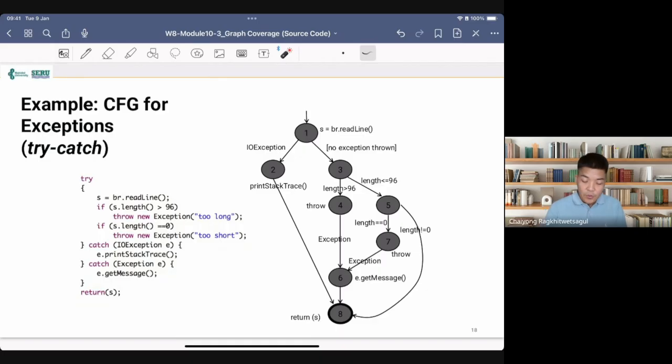So with this case, you have the first node, which is the initial node that reads the value of S. So this is one basic block. So this is block 1. And so block 1 contains everything up to the header of the if statement. And then you have block 2, which is the throw of the exception. But if the exception is not thrown, you have another if statement. So that is block number 3. And if the exception also occurs, you have block number 4 that throws an exception. And then you go to the